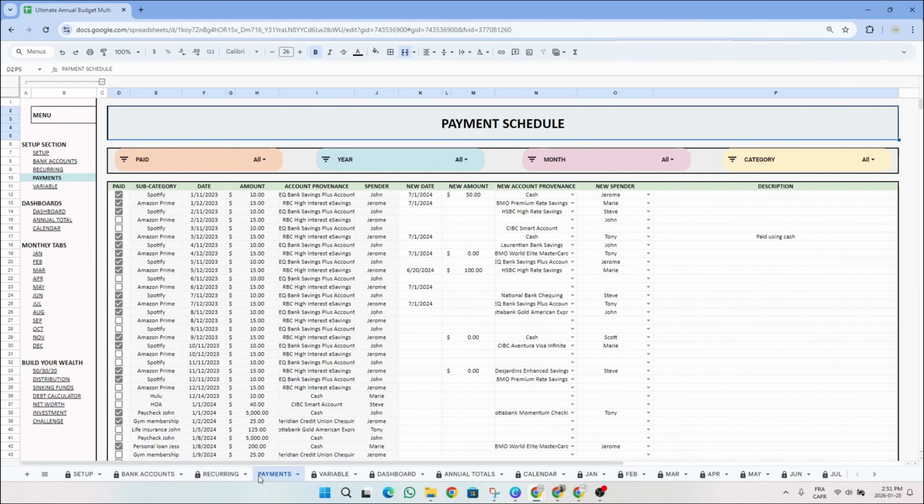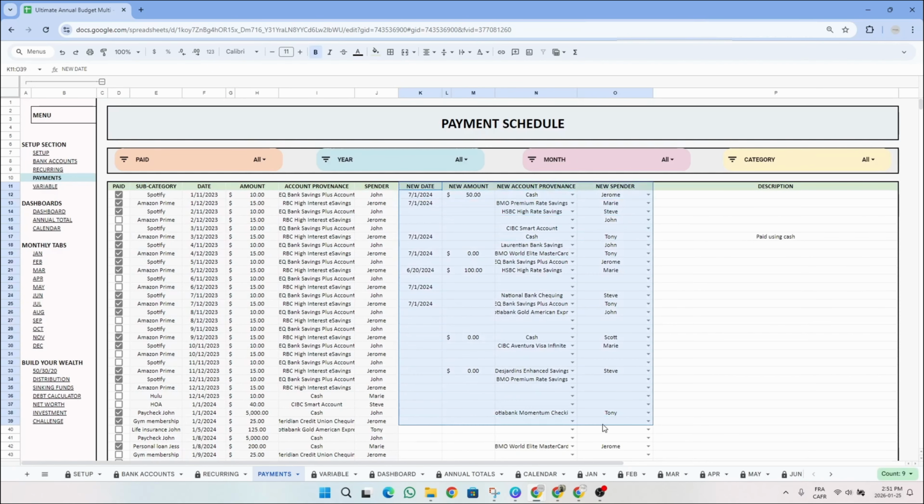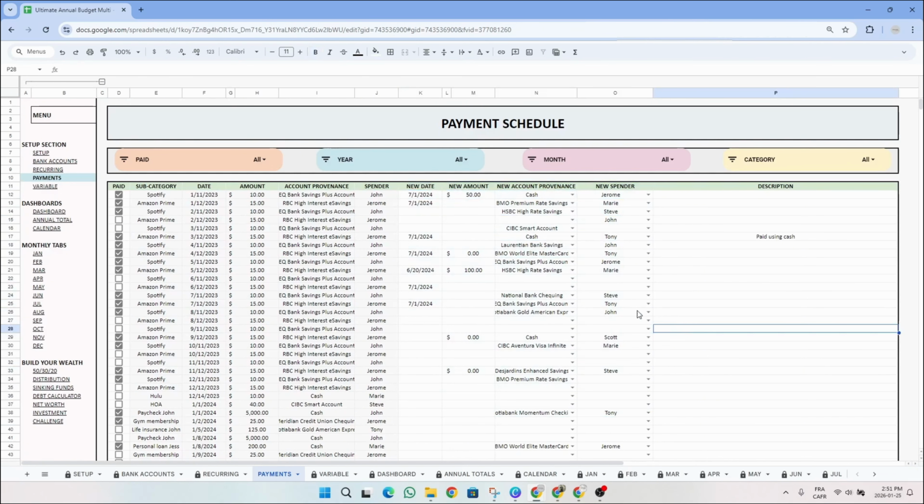First thing, be careful because this tab is not protected to allow you to filter it. So make sure to never erase any formulas in this tab. You have the summary of your payments sorted by date. If you have to do any modification to a payment concerning the date, the amount, the account provenance, or the spender, you can simply indicate the modification in these 4 columns. If everything looks good to you, there's no need to make any further modification. Then once the payment is done, simply tick the box under the column